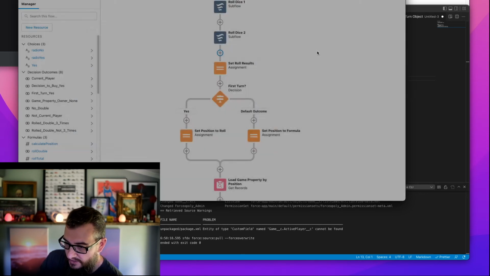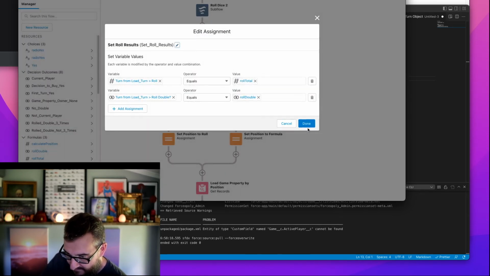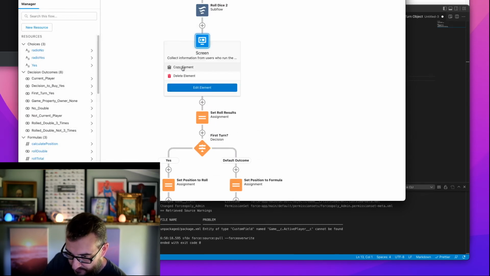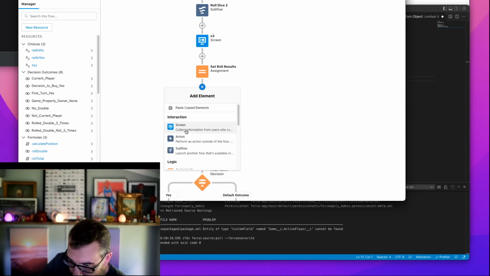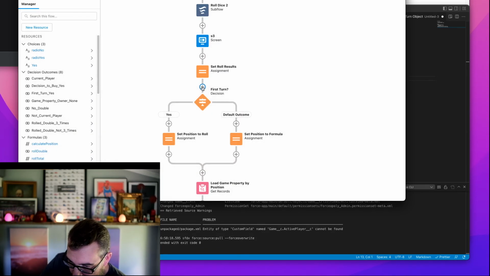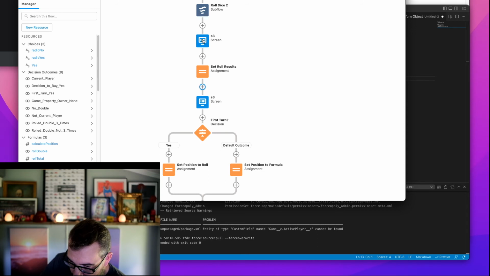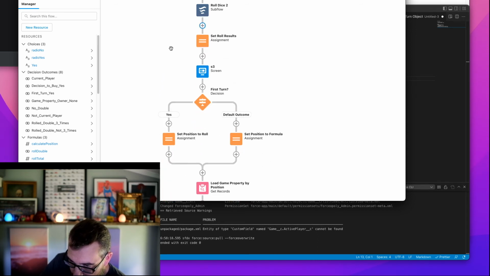So let's do that. I'm actually going to move this down a field, or I'm going to move it to after here. Paste. And delete. Okay. Because then we'll have all of our